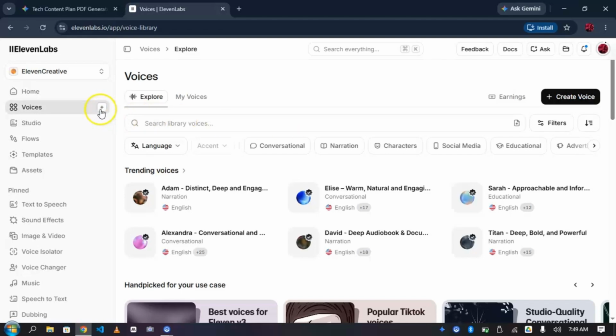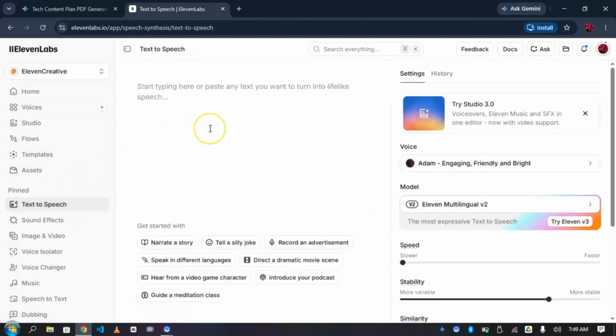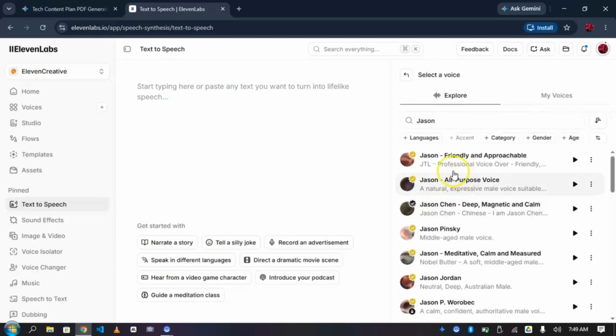So if you don't want to subscribe, you can just go to text to speech and type in your text here, the text you wanted to use for your audio, your script, and then you select any voice of your choice, whether it's Adam, Jason, any of these voices. Alright, so